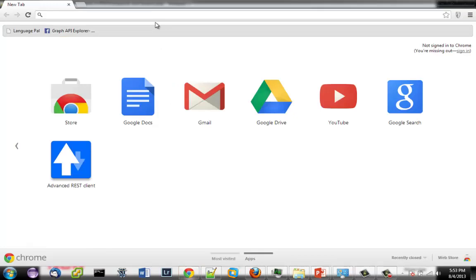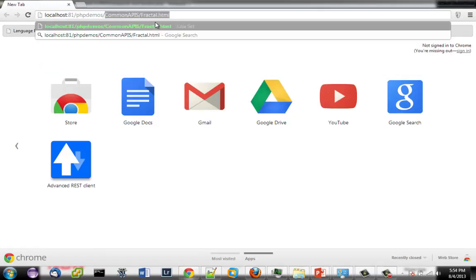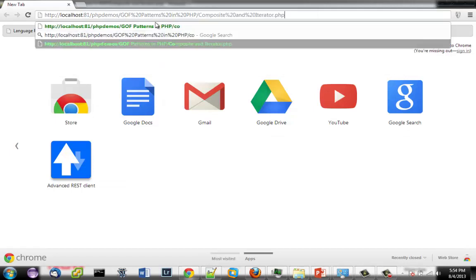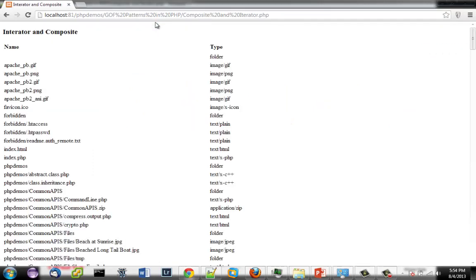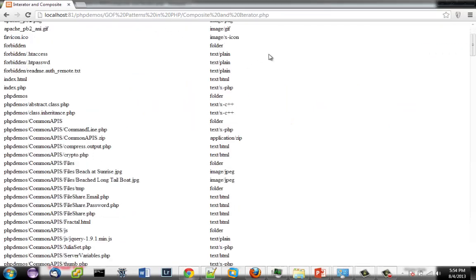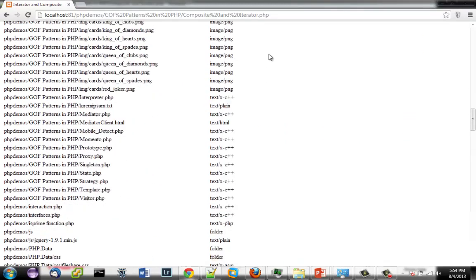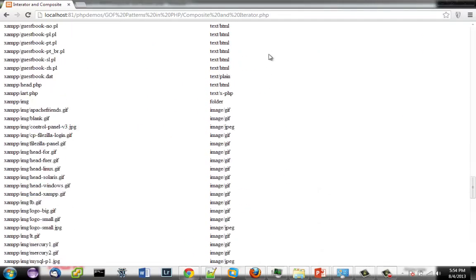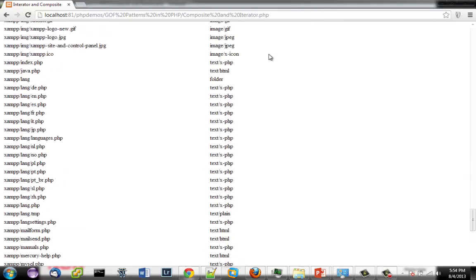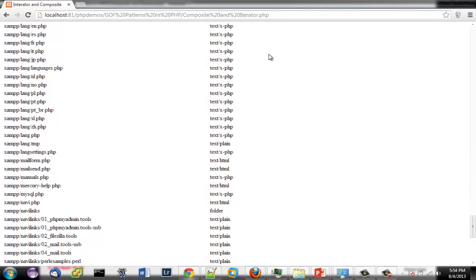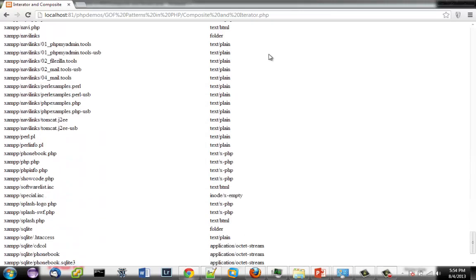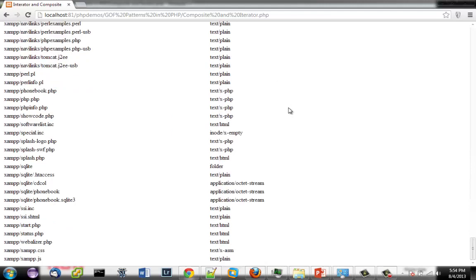So let's flip over to Chrome and load this up, and let's pull up my Gang of Four demos here. I think I called that composite and iterator, and there it is. Let's give this a second to load my file system object, and you can see here that it's just pulling back all of the files I have inside of my htdocs folder. Now there's a bunch of them in there, and I've got PHP folders, graphics folders, different things, text files, XML files, what have you. So you can see how that's working, and this is what it's actually displaying on the back side of that. So that's how you might go about building an iterator and building a composite object inside of PHP.